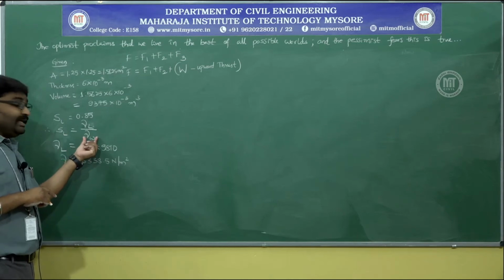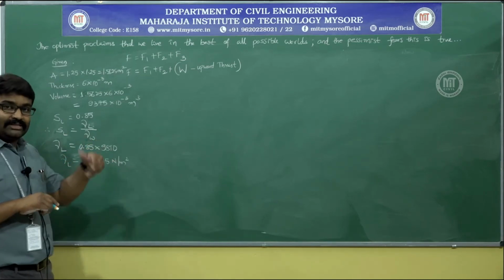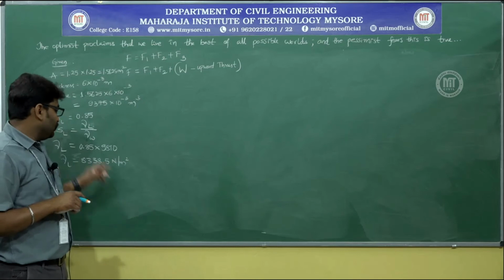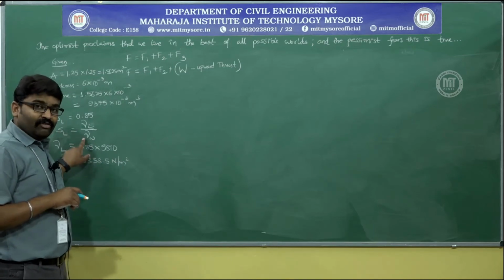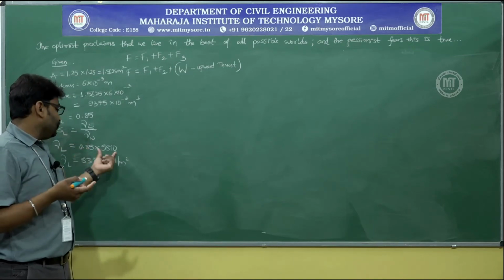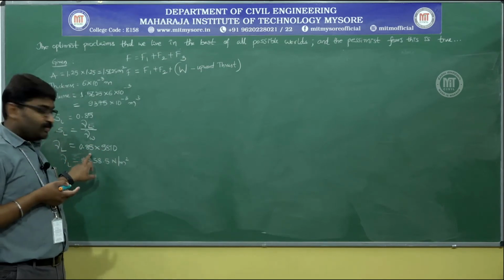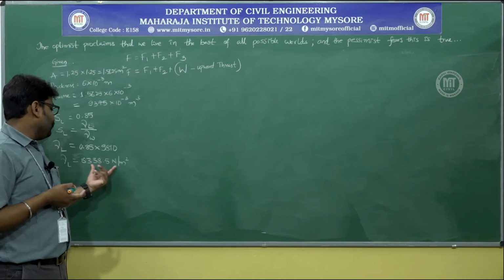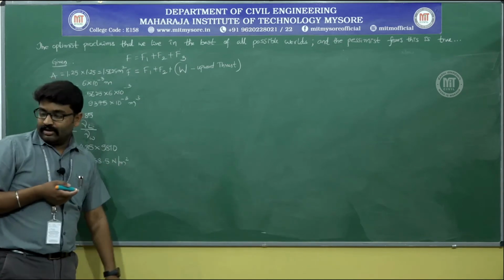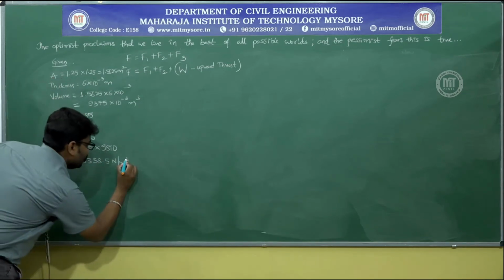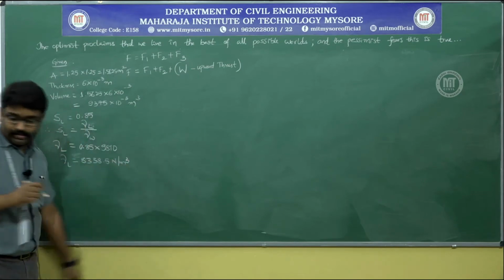So, what is weight density? Weight density is nothing but density multiplied by acceleration due to gravity. Weight density of water is 1000 multiplied by 9.81, which is 9810, multiplied by the specific gravity of the given liquid, 0.85. In total, you will have 8338.5 Newton per, sorry, it has to be Newton per meter cube.